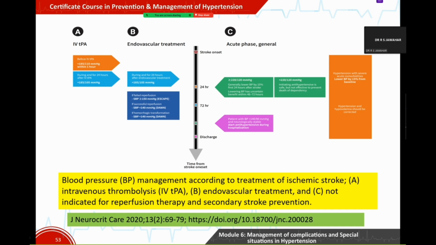For endovascular treatment, during and for 24 hours after endovascular treatment, reduce it to 185 by 105. If failed reperfusion, systolic more than 150,